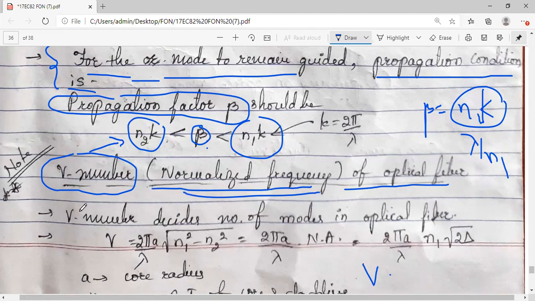This V number will decide how many modes each optical fiber will have. So it is the deciding factor of how many modes there are in an optical fiber. That's why it plays a very important role. It is very significant. And the equation for V number is given as